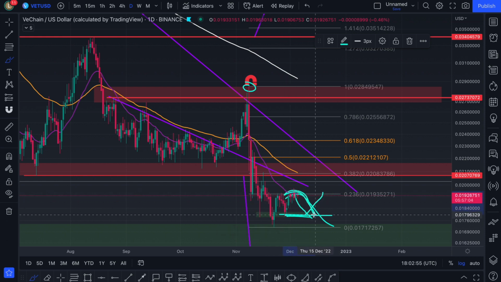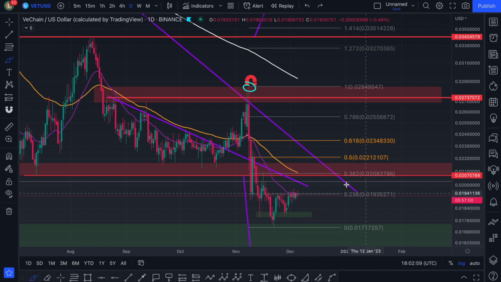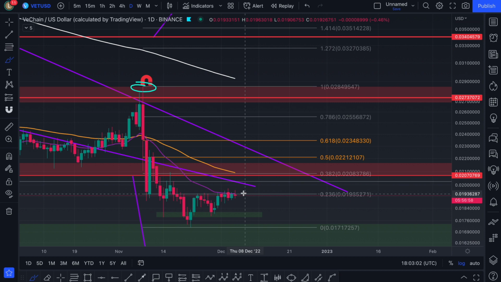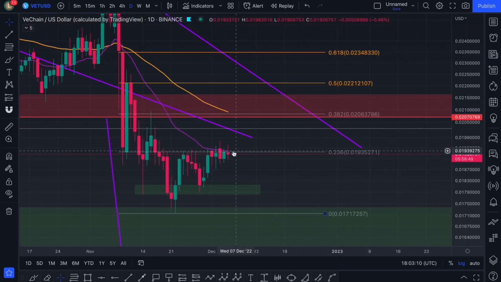That's what it looks like it wants to do. So we need to see how the daily candle closes. But as of now, if we zoom in, we can totally see at the moment there's a rejection, but there are 6 hours left. So it's not confirmation. We have to go off the previous candles, and we can actually see that for some